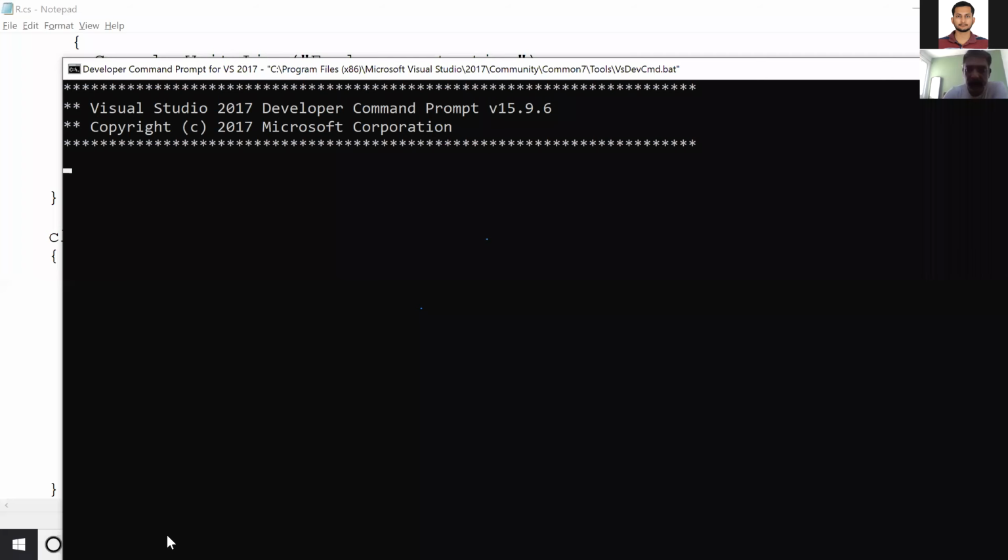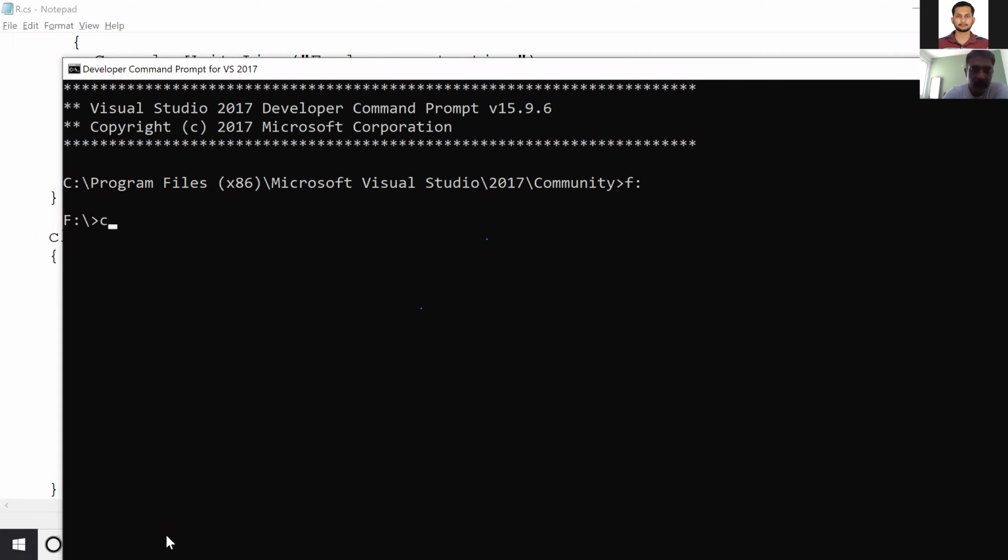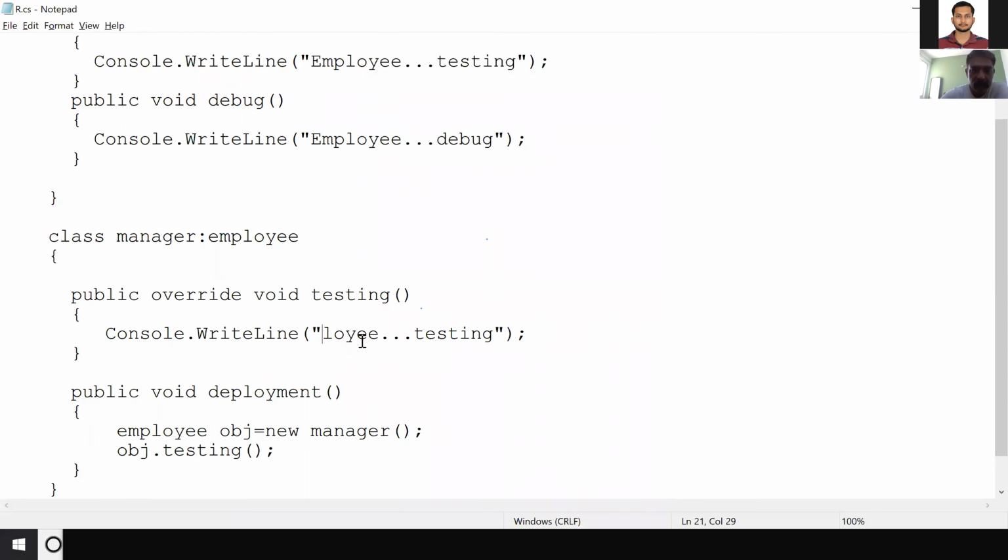Let's go to F drive, CD A, C# compiler and file name is R. So I should get the message. Go for manager testing.